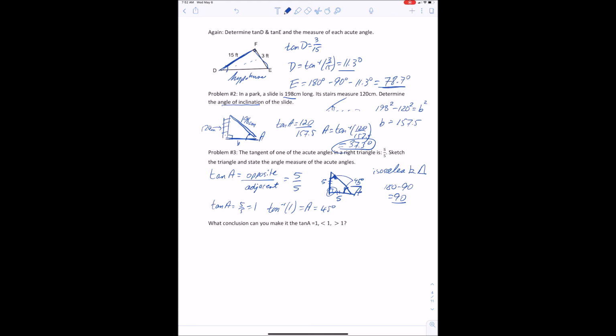So here, what conclusion can you make when the tangent of A equals 1? So if the tangent is 1, then that means A is 45 degrees. We just saw that. That happened up here. That's when the opposite and adjacent are the same length, be it 5 over 5 or some other number over itself. If the tangent of A is less than 1,